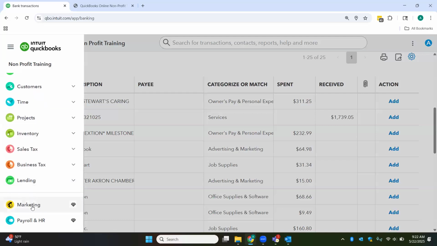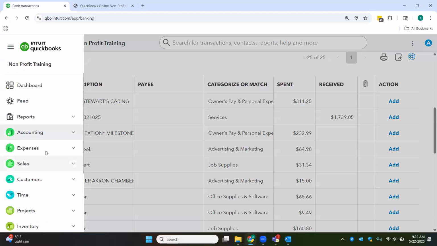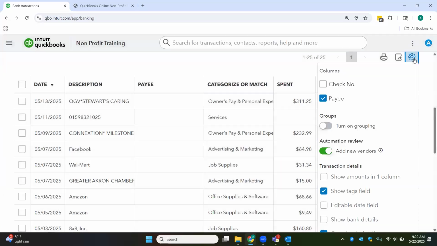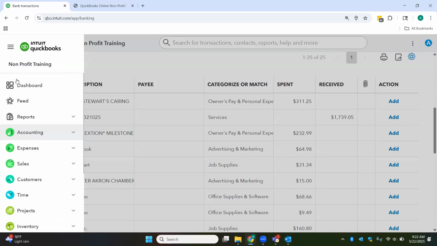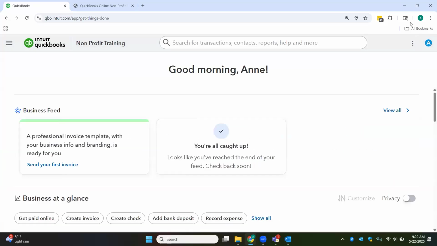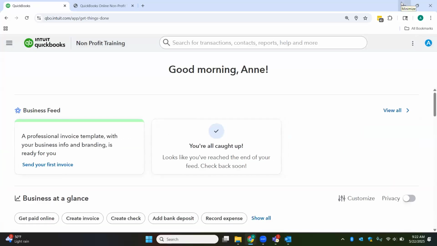And then obviously down here you have marketing, payroll, and HR if you wanted to add them later. Okay. So those are all the navigation bars you have. Obviously you have gear icons to adjust certain things, but you only have this bar, your dashboard, and this one, where in the other software you have a bunch more options. Okay. So the first thing we're going to really dive into now that we have an account is the budget